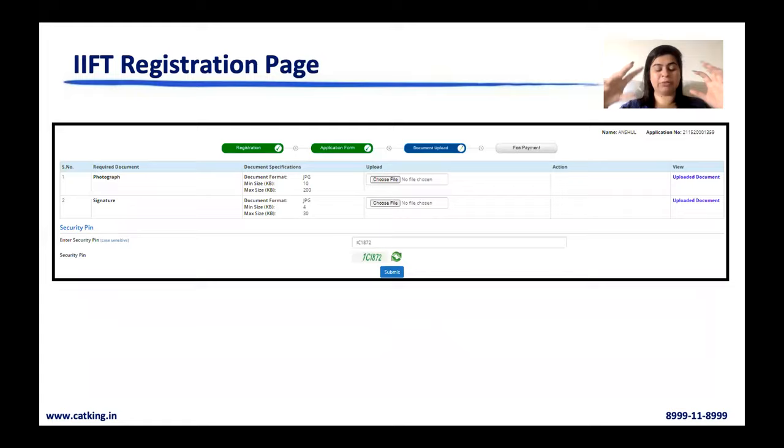Make a folder on your laptop in which you keep your photographs, your marksheets, then for every exam, once form filling is done, keep its receipts, download and keep the PDF, and keep the admit cards, all of them, so that whatever you need in life, you will find it all there. Okay. Upload the documents. Then there is an option to view your uploaded document. Check that everything has been uploaded correctly or not.